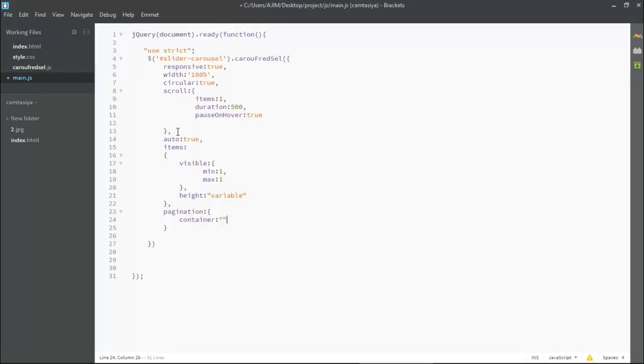It is optional. You can put it or you can leave it empty. I didn't create any class like slider pager, but if required, then I'll create a class like slider pager. After this, I'm putting anchor builder. Inside this I'll be putting false. I don't want to put any anchor there, so I'm mentioning here false.